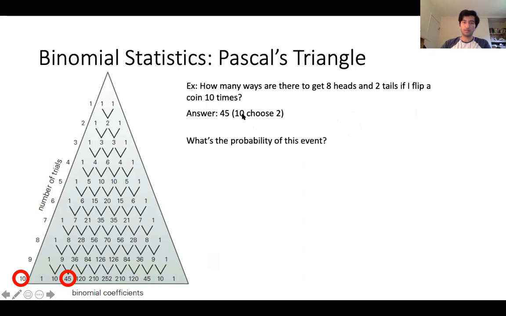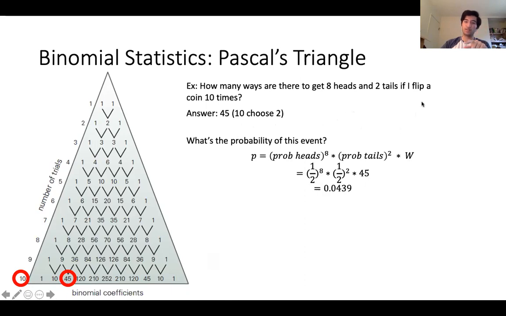So we just solved for the fact that there are 45 ways to rearrange a combination of 8 heads and 2 tails, but how likely is this actually to happen? When we're considering the probability, it's not enough for us to just talk about the multiplicity. We also need to think about the actual likelihood of